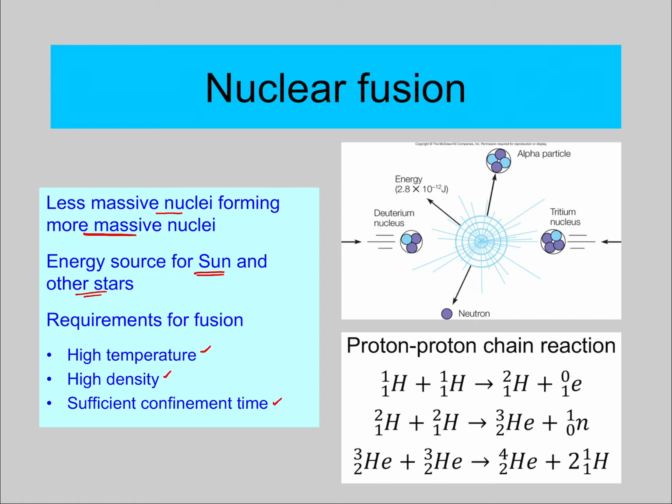So when God said, "Let there be light," that's essentially the sun turning on, but it did so with a large amount of confinement and a high temperature and a lot of hydrogen around. Each time a star is born, these conditions are being met. So what's happening is you have this proton-proton chain reaction. 2 hydrogens come together, then 2 deuteriums come together, then 2 helium molecules come together to form helium and hydrogen. So they're taking lighter molecules, which are actually much safer for us than the heavier uranium nuclear meltdowns, and creating